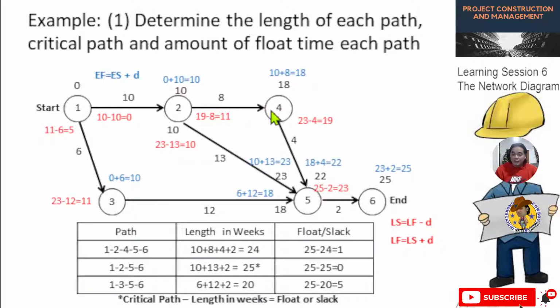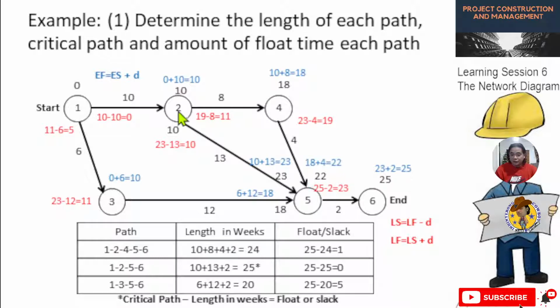So the early finish of this activity will become 18 plus 4, the duration, equal to 22. Okay, so we will stop from here because there are three paths going to the end of the activity. Okay, next we have this path. Let's try this path. For this path, since they are the same, 0 for the early start, then 10 for the duration. Then after activity 1 to 2,